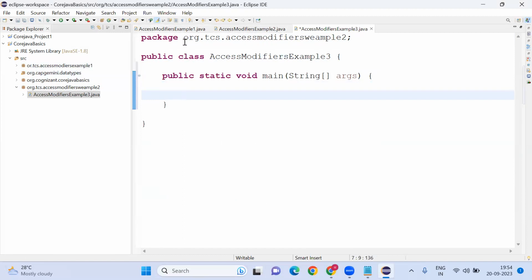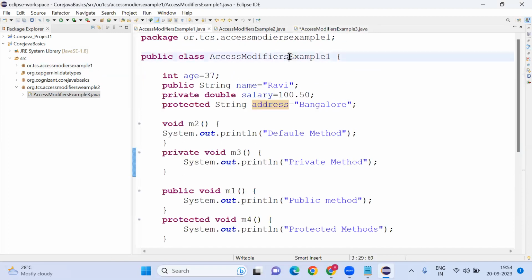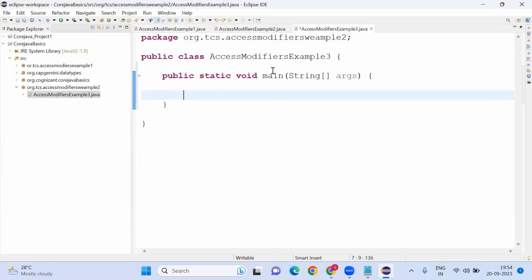Now let's create an object of this particular class and try to access the variables and methods. C3 equal to new. See here we are getting an exception. Why? Because this class is available in a different package. If you want to access